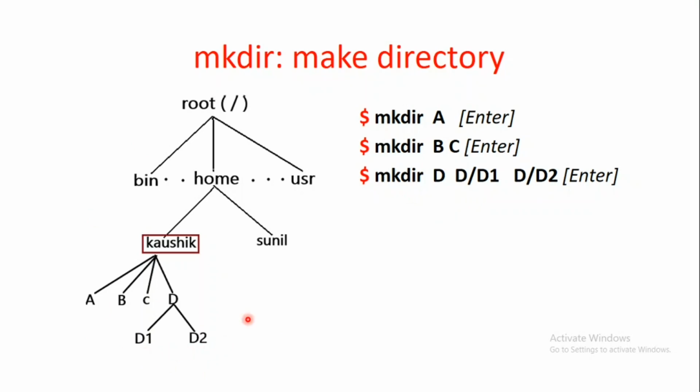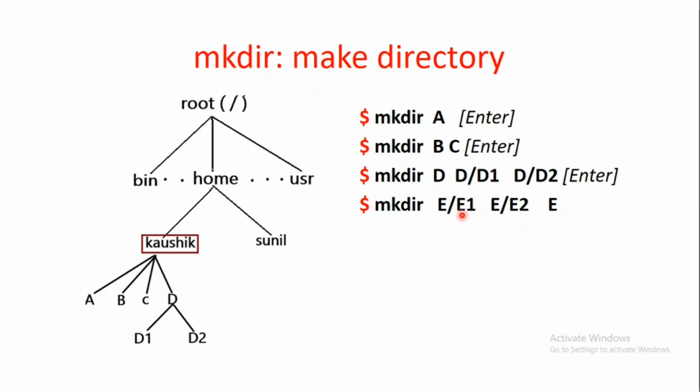What if I execute the mkdir command in this way? Here I am trying to create a subdirectory first. I am trying to create E/E1, then E/E2, and then I am trying to create E. This will not be executed because the system requires the main directory to be created first. When I try to create E1 under E, E doesn't exist, because mkdir will create directories in the order of the arguments that are passed.